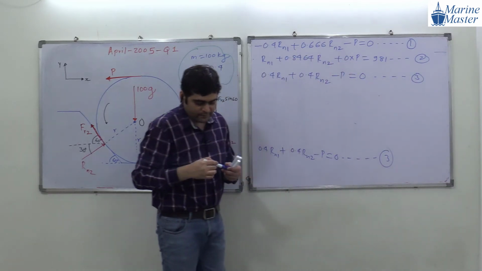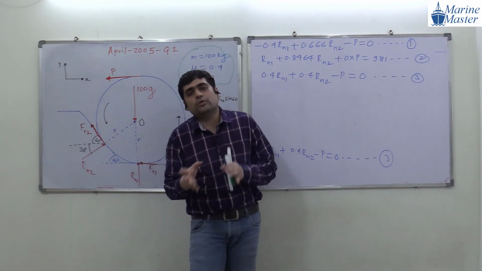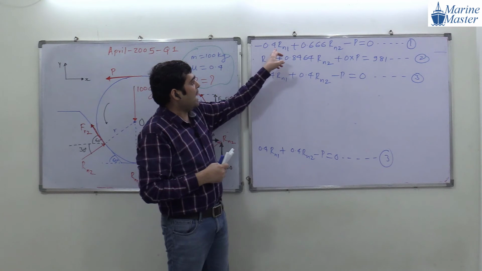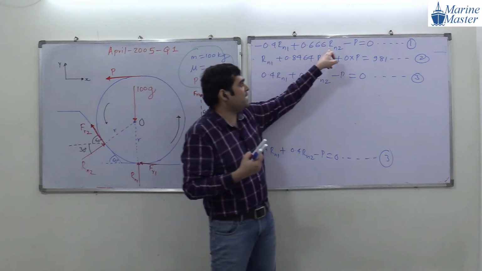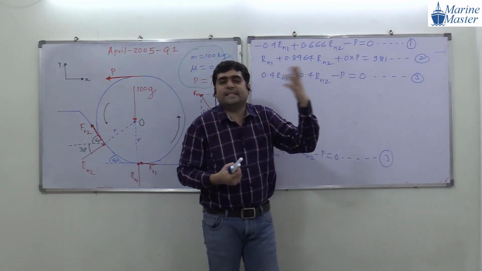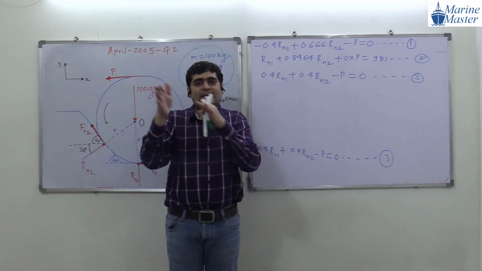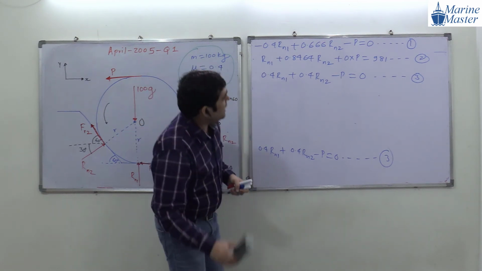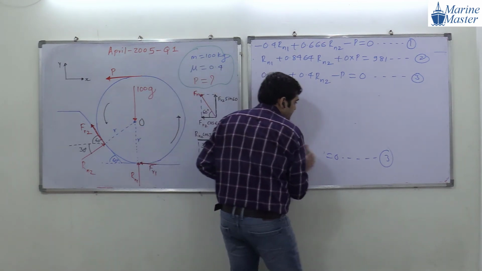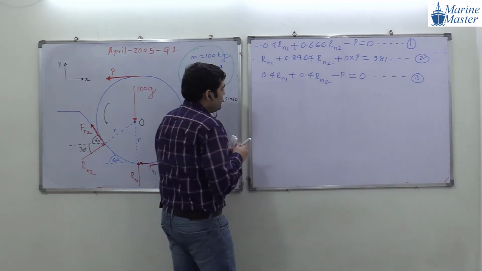Okay, try to see the point here. So here 3 equations, 3 unknowns. What are the 3 unknowns here? Rn1 means our x, Rn2 y, and P means our z. x, y, z. Okay guys, 3 simultaneous equations. Those who have an advanced calculator, please everyone solve. So on solving the above 3 equations,